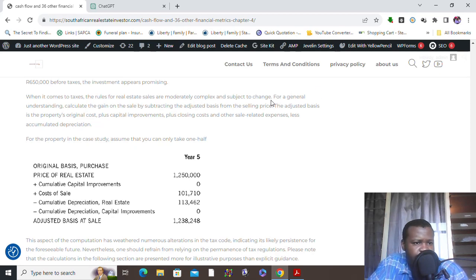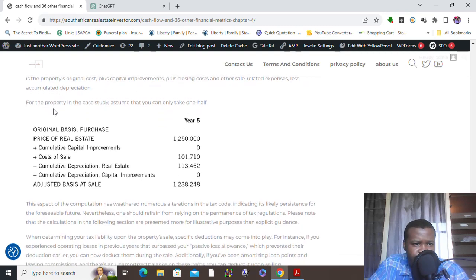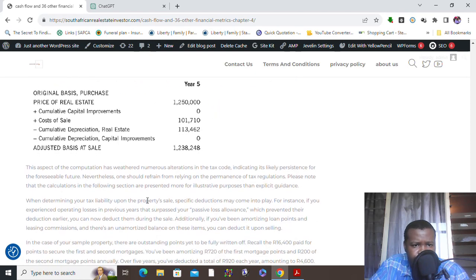When it comes to taxes, the rules for real estate sales are moderately complex and subject to change. For general understanding, calculate the gain on the sale by subtracting the adjusted basis from the selling price. The adjusted basis is the property's original costs plus capital improvements plus closing costs and other sale related expenses, less accumulated depreciation. For the property in the case study, assume you can take only one half